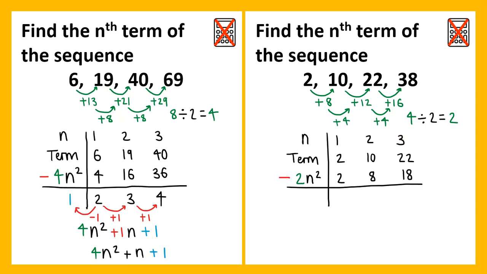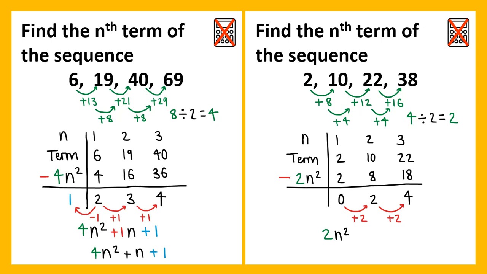Subtract 2n squared from the original sequence. 2 minus 2 is 0. 10 subtract 8 is 2, and 22 subtract 18 is 4. My linear sequence has a common difference of positive 2, meaning my quadratic nth term of the original sequence will